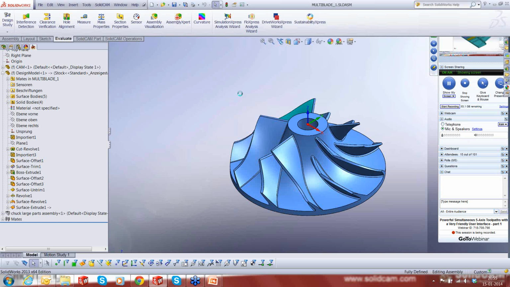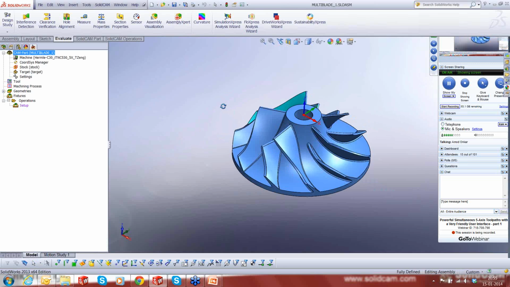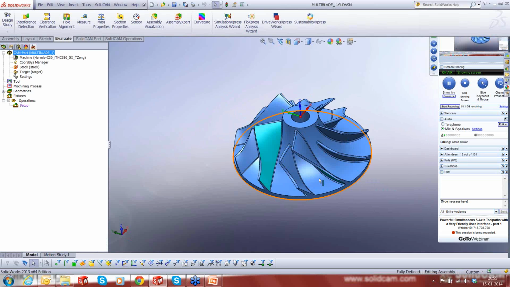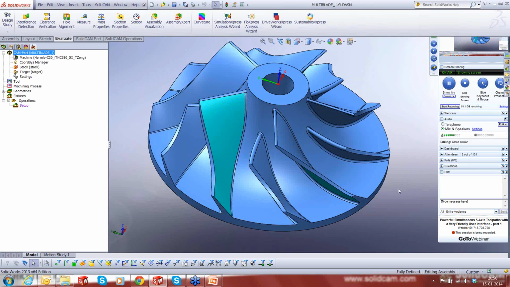And this is a new application that SolidCAM has for machining multi-blade parts, or impellers, basically. It's not that these particular impellers could not have been done on SolidCAM earlier. Obviously, we have done a lot of such impellers, but the amount of time and the programming methods used were